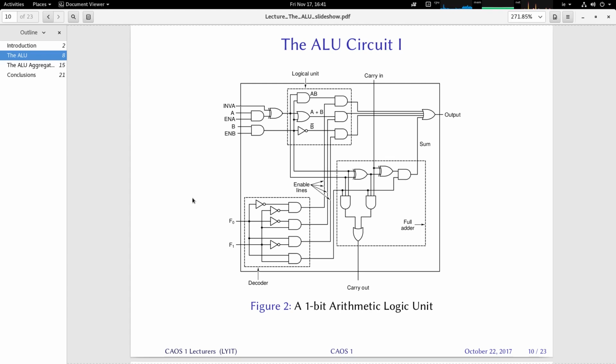Okay, so in this video lecture I'm very quickly going to review the operation of the circuit that you can see in front of us just now, which is the one-bit arithmetic logic unit. As you'll probably know from the lecture note, the example that we'll be considering is really a toy example. It's so simplified that it wouldn't really be much use inside a proper computer, but it illustrates the principle by